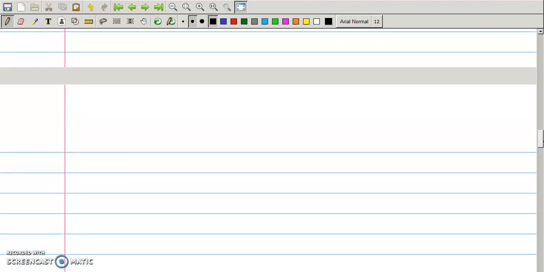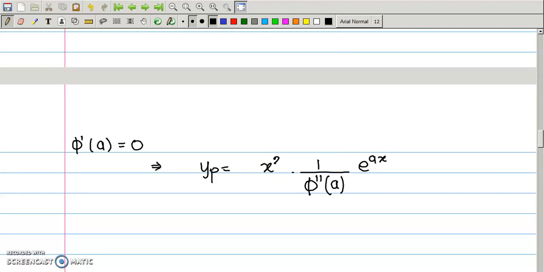Now we go for the next. If phi dash of a is equal to 0, then we can summarize: since d minus a is a root, if d minus a is a repeated root, repeated 2 times, then we have to differentiate the auxiliary equation 2 times. So we differentiate the auxiliary equation twice, replace d by a and keep the exponential function as it is. Since we differentiated it 2 times, we multiply by x square. So this is the general shortcut trick to find the particular integral.